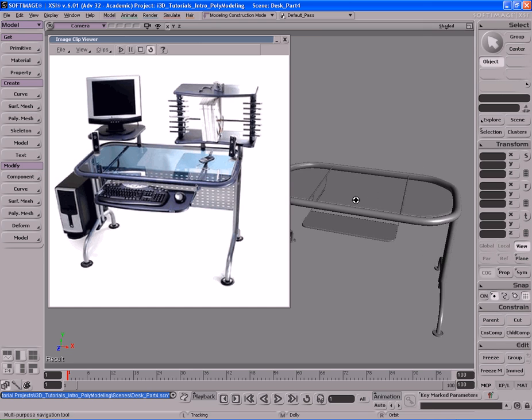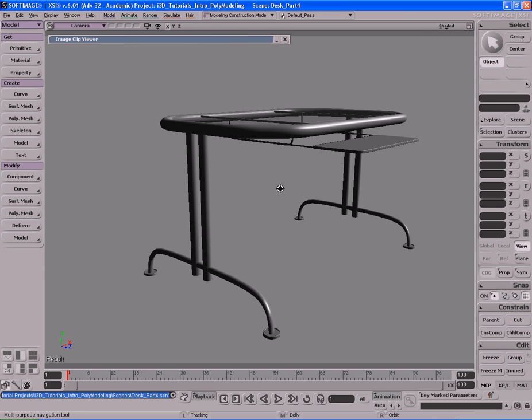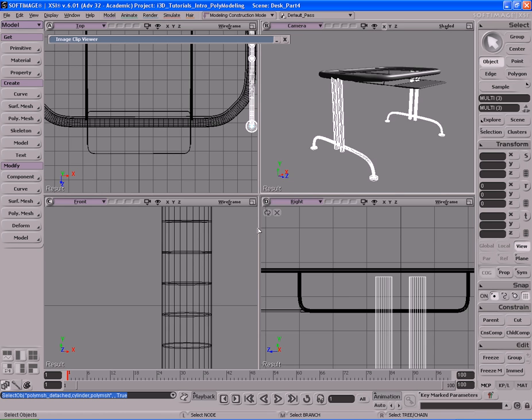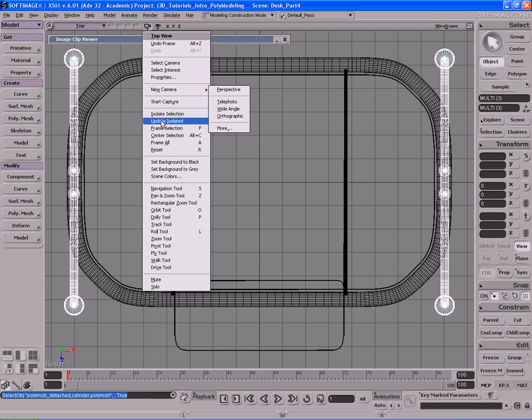What we need to do is create this little piece here where the CPU tower is going to sit on top of. So let's go ahead and create that, which is actually going to be pretty easy. We can see it has some contours to it and whatnot. So what I'm going to do is select these objects here. Okay, I'm going to go to my top view. I'm going to go to isolate selection,